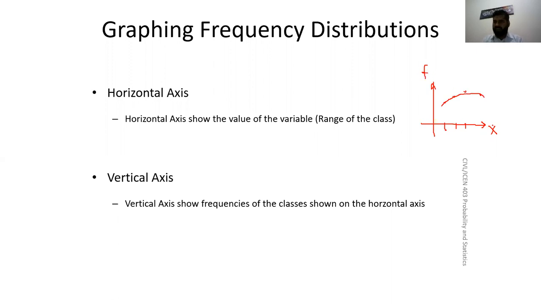But if you write class intervals here, if you write classes here, and write frequencies on y-axis and just give the height of each class, that this class has this height. This height is the frequency, any number. The second frequency has a second height. The third frequency has a third height, like this. If you make these bars, these buildings against each class, then you get the histogram. This is what we call frequency histogram. So on horizontal axis, we write the range of classes. On vertical axis, we show the frequencies.